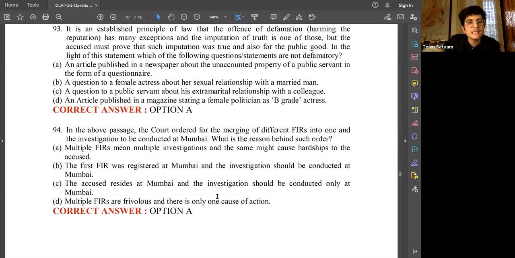94 B and C could have been eliminated on the very go, looking at those options itself, because first of all, B has no basis. C again has no basis because it does not seem to be logically flowing from the contents of the passage. The confusion could have been between options A and D, and the consortium has gone for the answer as A because that makes more sense legally speaking over D, which is not worded in a language which is as logical and meaningful as option A.